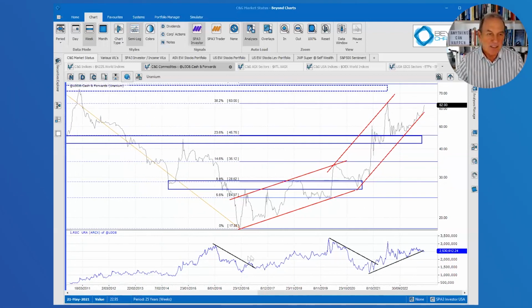But this is the relative strength line of the URA ETF to the uranium price. And you can see an ETF is supposed to track its base index. It doesn't do that, the ETF. It kind of runs ahead and then falls behind, runs ahead, falls behind. And this relative strength line is telling us that. At the moment, the URA has run ahead of the uranium price. And what you might see is the uranium rising and URA going nowhere and having this kind of retracement over here where it's actually weaker than the uranium price.